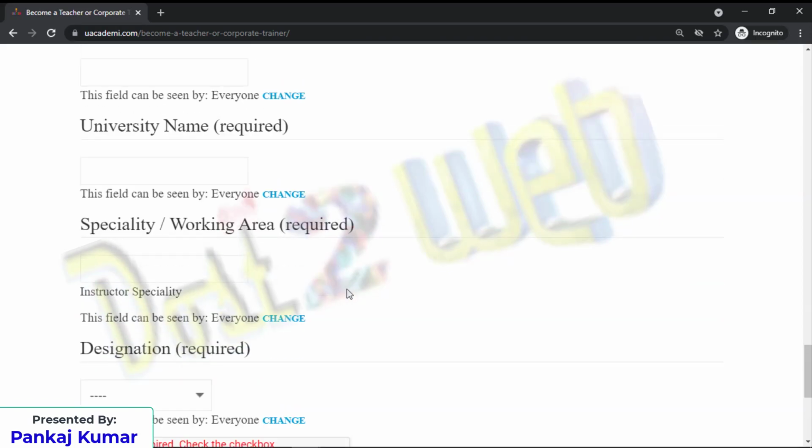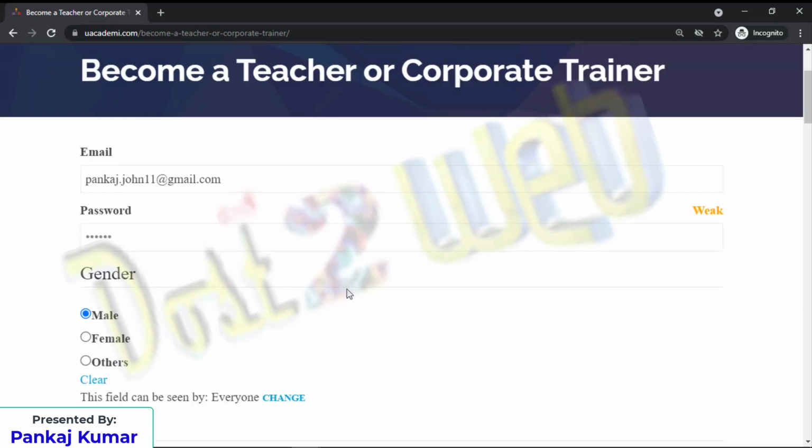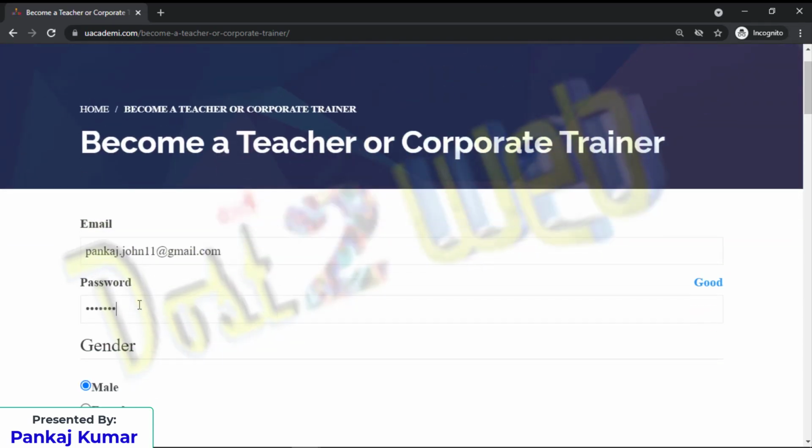If I give the @ symbol here, see, the moment I gave the @ symbol, that is a combination of number and a special character, it says good. This is all JavaScript, and here I am giving this as an inline print, because this is server side. So when you learn PHP, only then can this be possible. It means you are going to print the result over here. If I give one more character, see, it becomes strong.